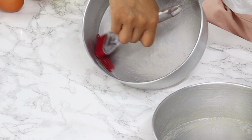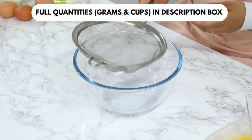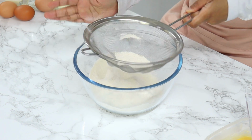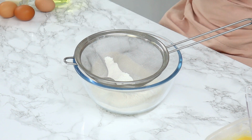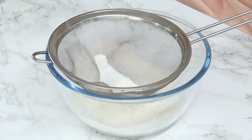It works so well. Now once that's done, you just want to set your cake tins aside for now, and next we're going to sift together our dry ingredients. So I've got 270 grams or 2 1/4 cups of plain all-purpose flour, 25 grams or 1/4 cup of cornstarch, 2 teaspoons of baking powder, half a teaspoon of baking soda, half a teaspoon of salt, 2 1/2 teaspoons of